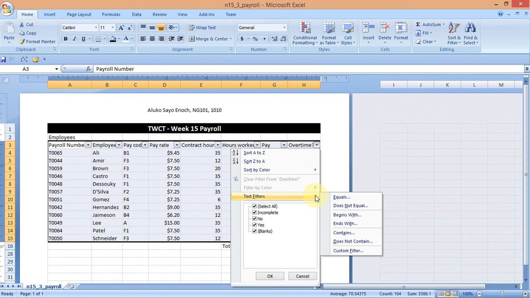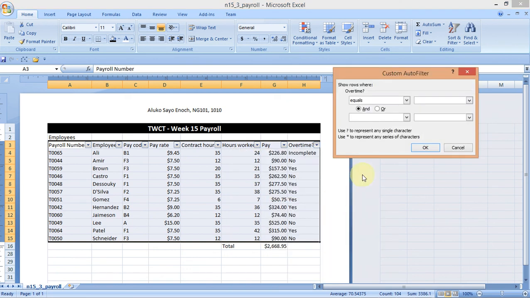So go to text filter. Okay, overtime, overtime equals to yes. So if overtime is equal to yes, that is overtime. If it is no, it means that it's not overtime. If it's incomplete, then it's also not overtime. So it should be yes. So when overtime is equal to yes, that means that